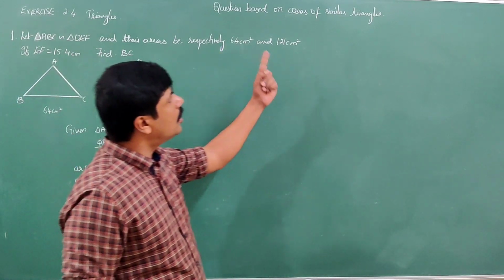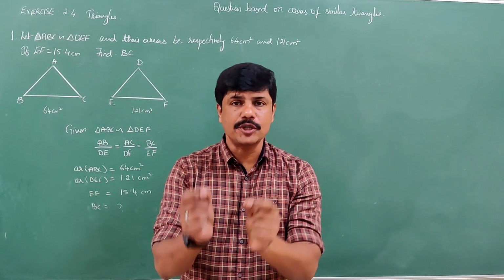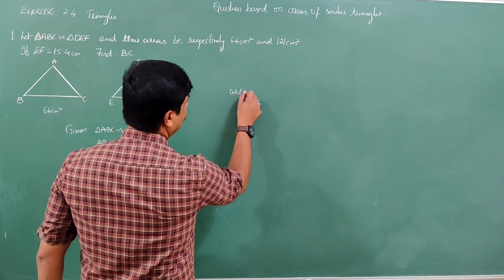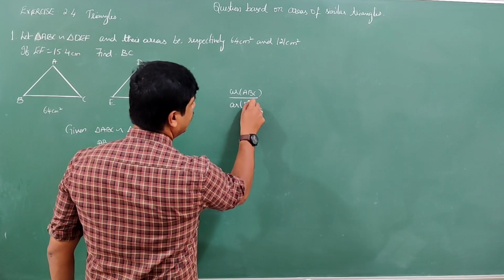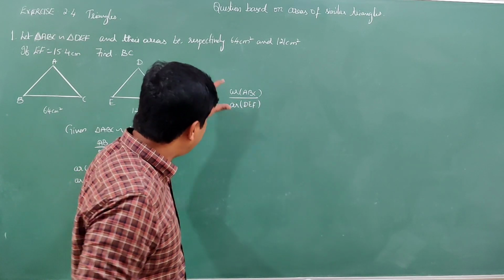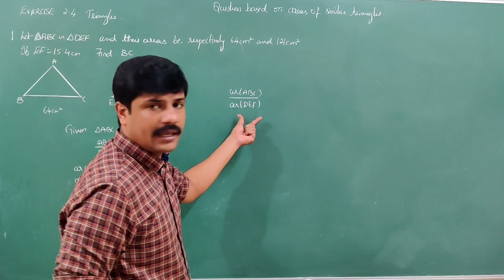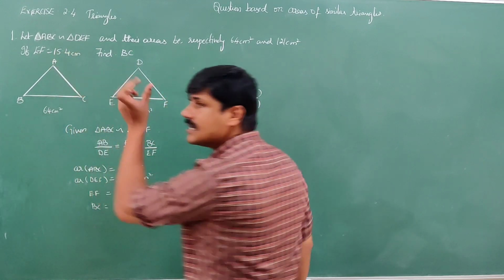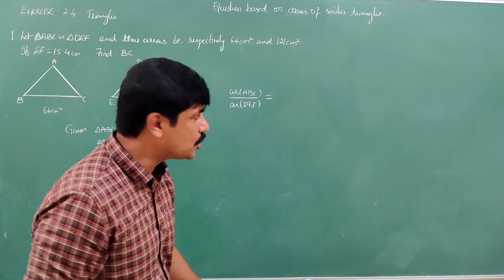So for that, what should you know? The area of similar triangles theorem. It states that the ratio of areas of two similar triangles, area of ABC divided by area of DEF, these two being similar triangles, is equal to the square